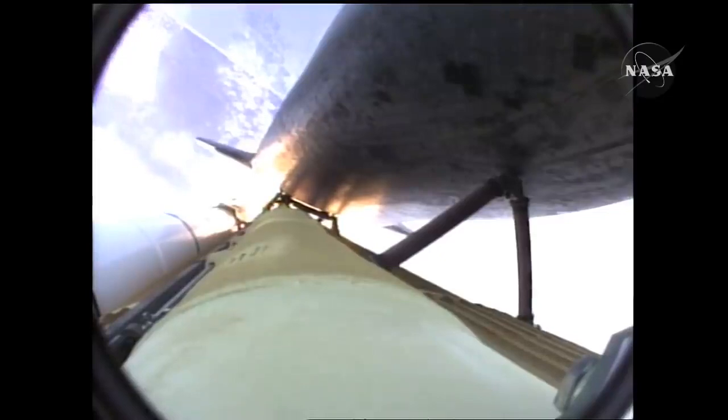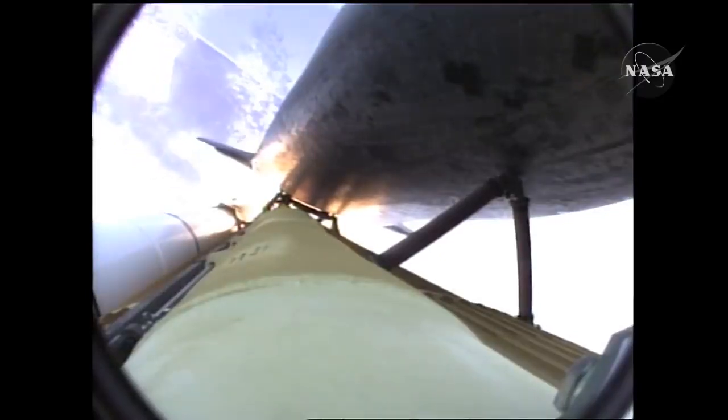1 minute, 30 seconds into the flight. Atlantis 13 miles in altitude, 15 miles downrange, traveling almost 2,000 miles